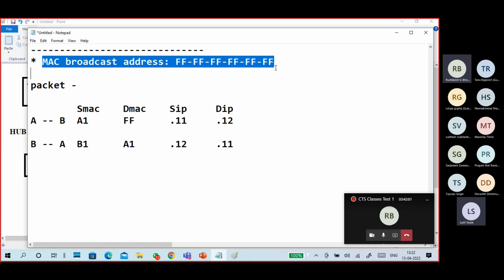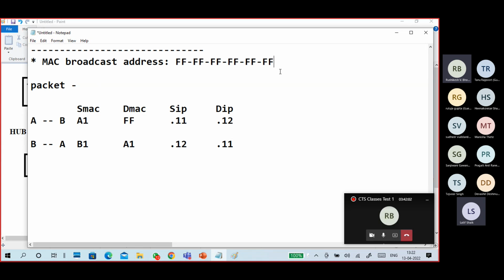The MAC broadcast address is FFFF like that. When you are sending a packet from A to B, and your system doesn't know the destination MAC address, it uses the broadcast address instead. You send a packet, and the destination receives it.